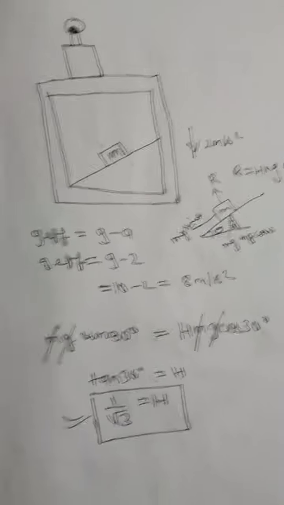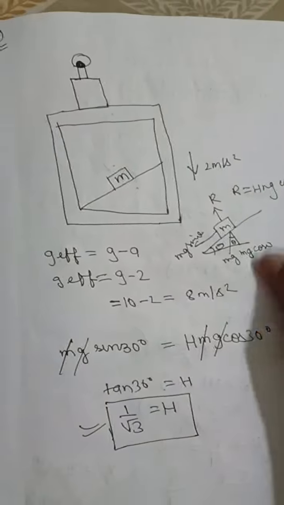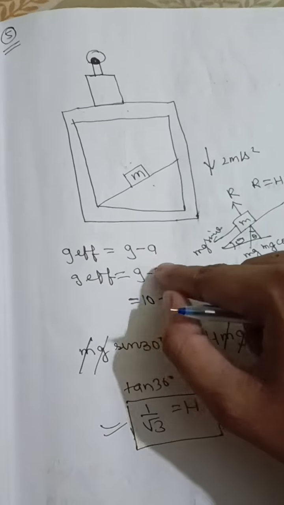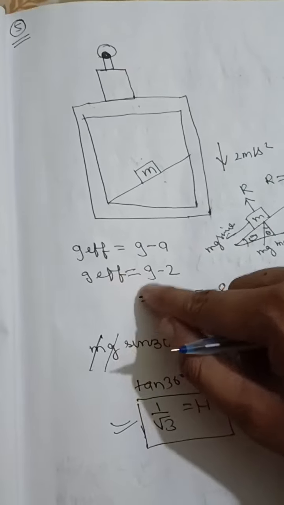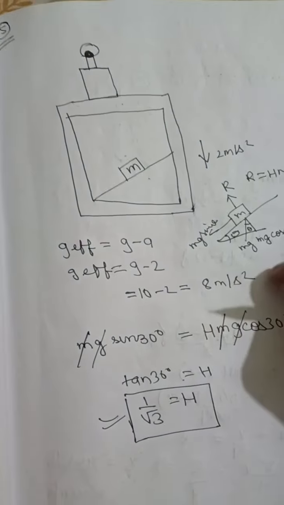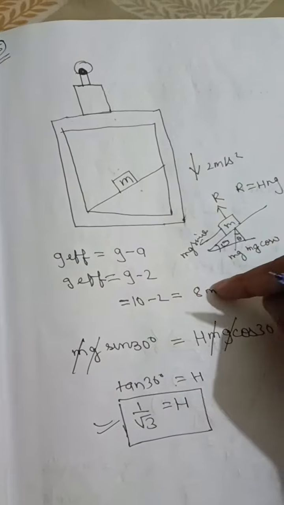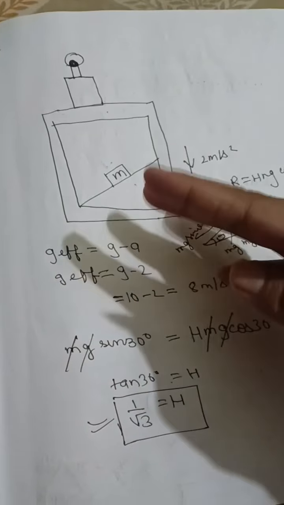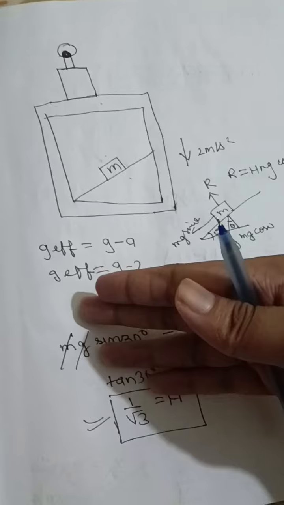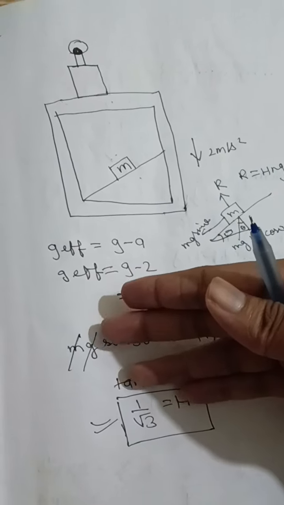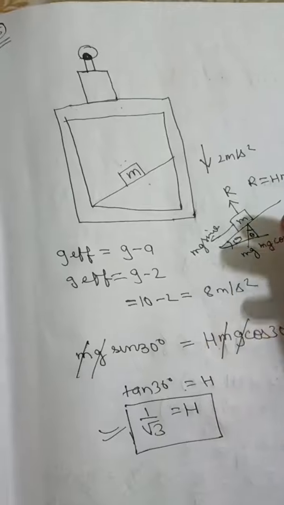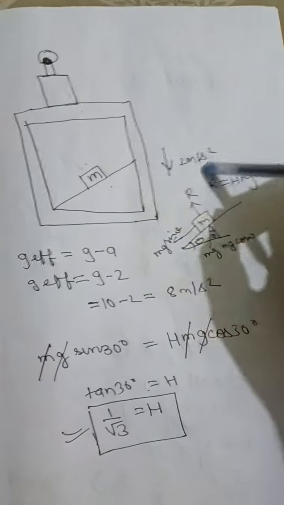Here we have the downward acceleration. So the net gravitation will be g minus a, g by 2, and g is given as 10, so it will be 8 meters per second squared. And we have to neglect this, because the net g will get cancelled.